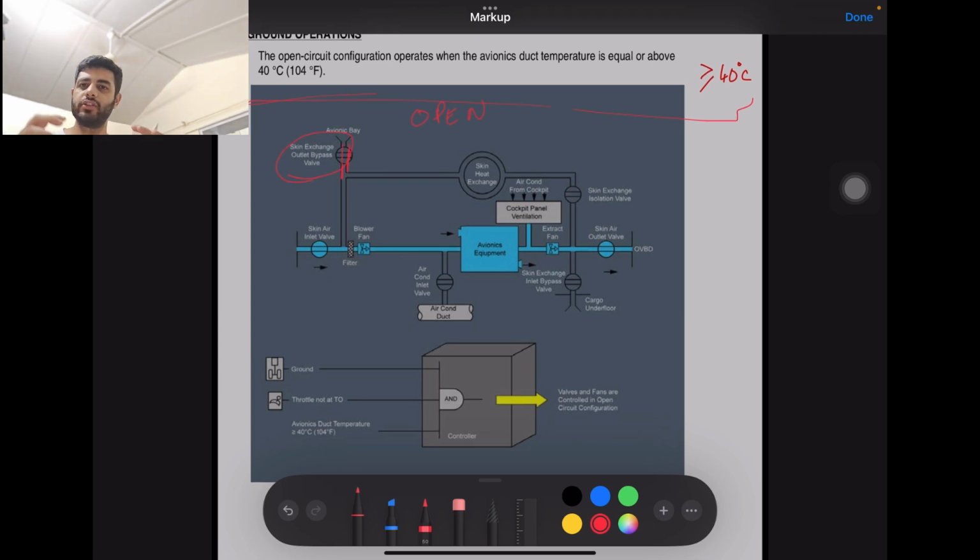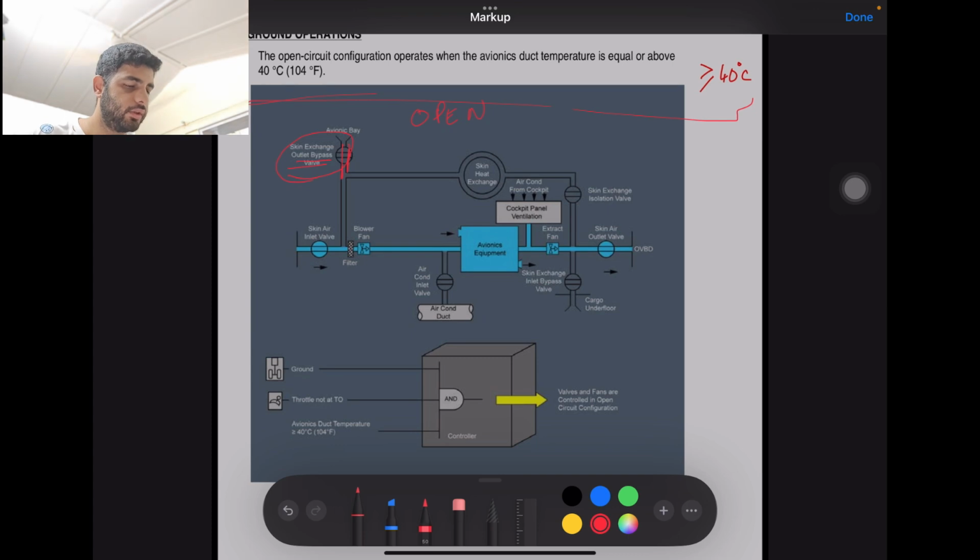Okay, because the avionics bay is not just one area, there are a lot of different, what do you call, rooms within it, you could imagine. Okay, another thing is the forward cargo heating, which I won't be doing. It wasn't important for the Air India exam that I had given. You could read on it later, but anyways,